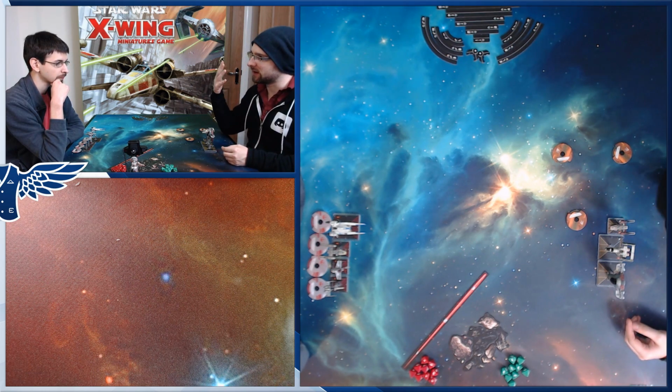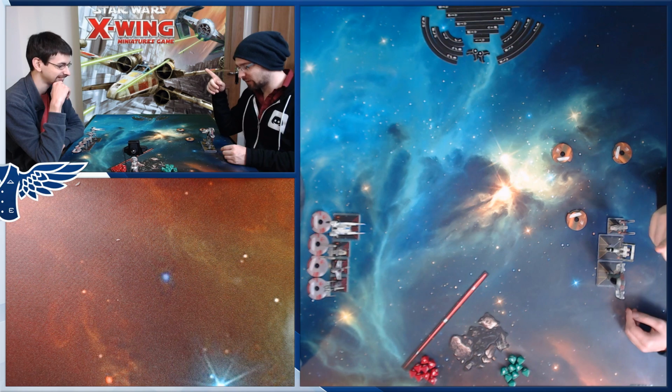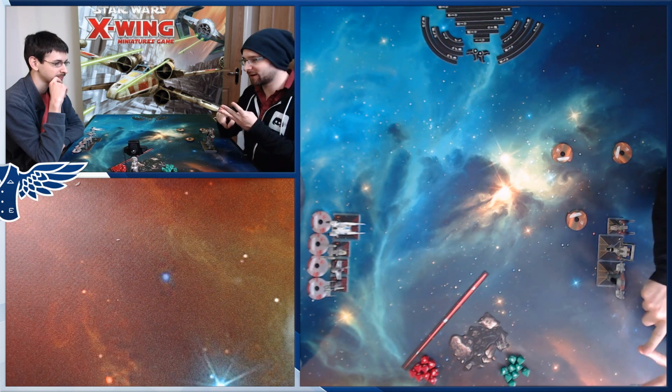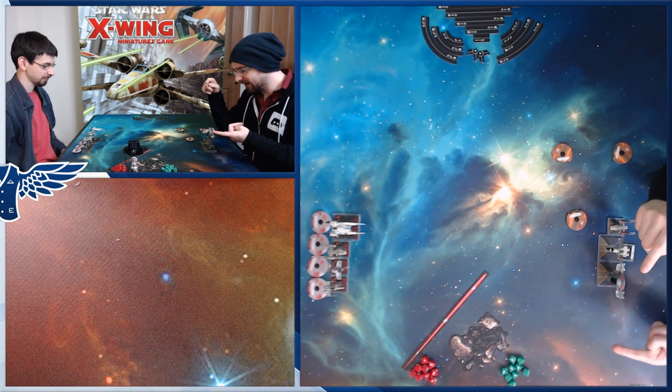There are currently 5 factions? At time of recording, yes. We're playing some of the classical 3. It's normally Rebels, Imperials, and then Scum. I'm playing Scum, Ben's playing Rebels, so you'll recognize a lot of his ships. My ship's a little bit less so,